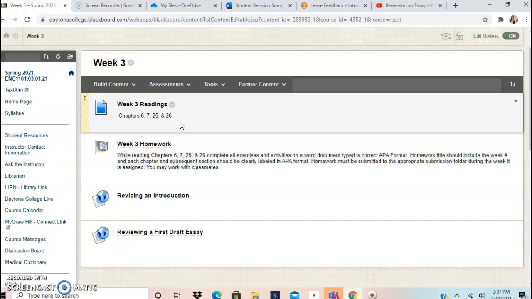If there are paragraphs that you should be marking in the textbook, there are a couple of options. If you'd like to take a picture of it and put that picture into your document, that's completely fine. You can upload the picture, email it to yourself, and then copy and paste it into your APA Word document that you'll be submitting as homework. Or you can just write what you changed, or summarize what you changed in that paragraph, or just write the actual correction, just the word or the part of the sentence that you corrected.